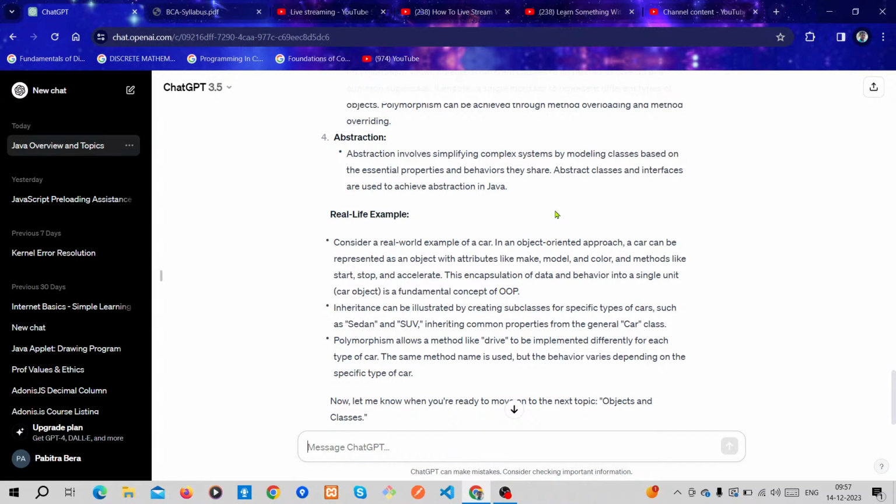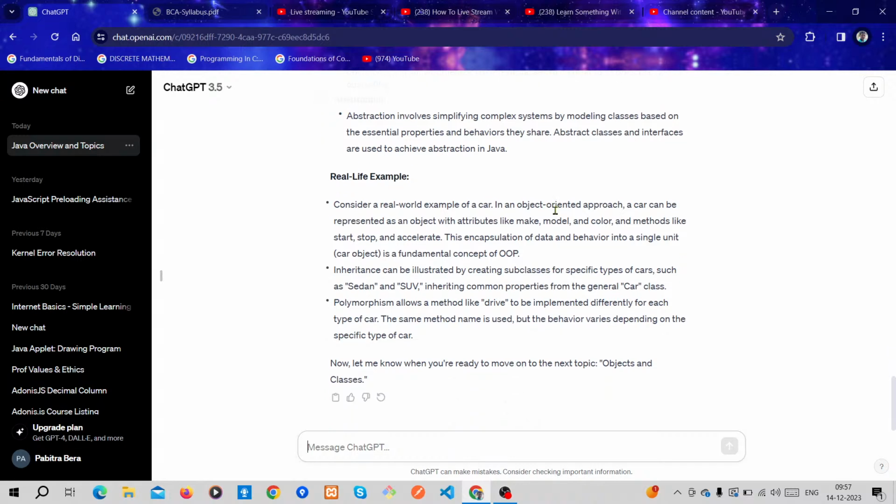That is called abstraction. Okay, so let's take a real life example of the whole topic, which is object oriented principles or pillars, which are the four pillars: inheritance, abstraction, polymorphism, and encapsulation. Consider a real world example of a car in an object oriented approach.